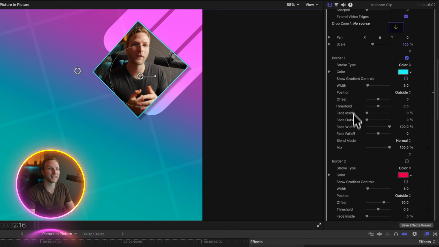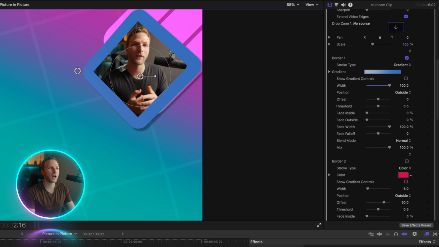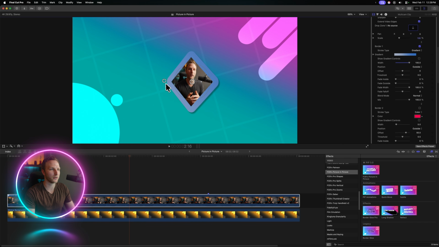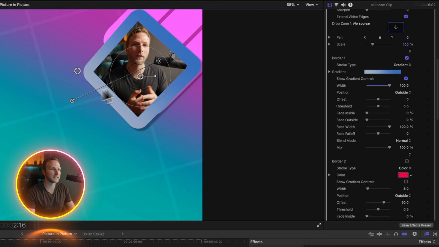So what I mean by that is if we were to take a look here at the border, let's expand the width so you can clearly see what's happening. And I'm going to select stroke type and change it over to gradient. Right now, we're not in a very good spot for our gradient. If I move this over, we can see the gradient kind of taking place here. But what we can do is select show gradient controls,